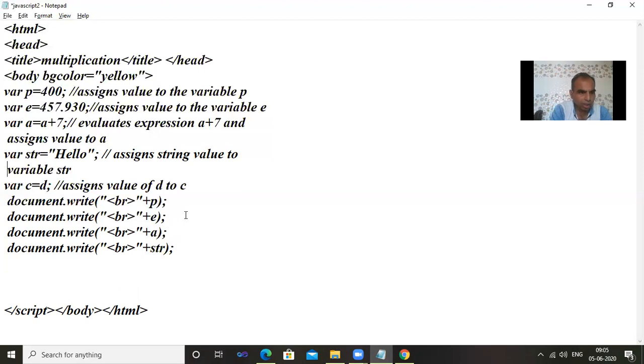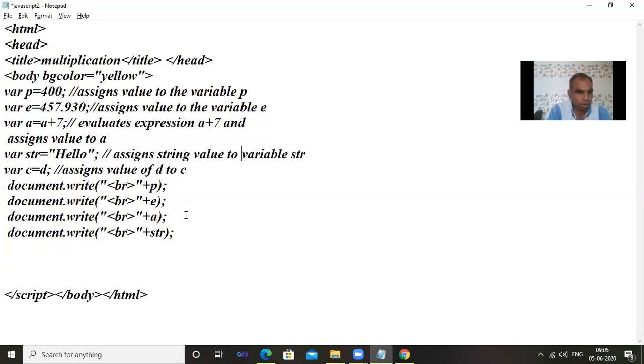Then we are declaring c is equal to d, assigning c is equal to d, and whatever value is in d will be assigned to c. So here we can declare the variable c value, c is equal to d.